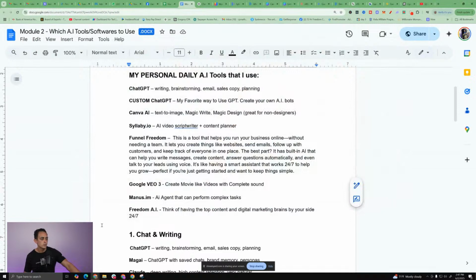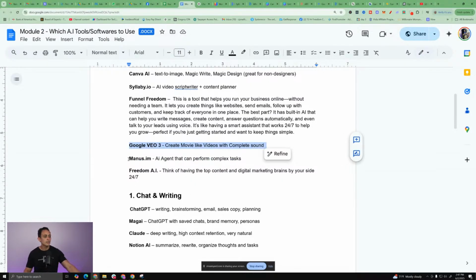I'm not going to go super in depth on this. Again, later on, we'll go in depth in every single one of these tools. I just want you to kind of understand and not get overwhelmed, right? The whole goal is for you not to get overwhelmed with all these tools. It's just understanding what they're for, and using the right tools at the right time. Okay. All right. Next one is Manus.